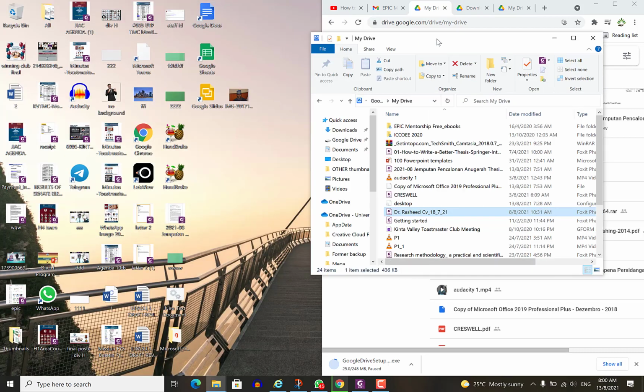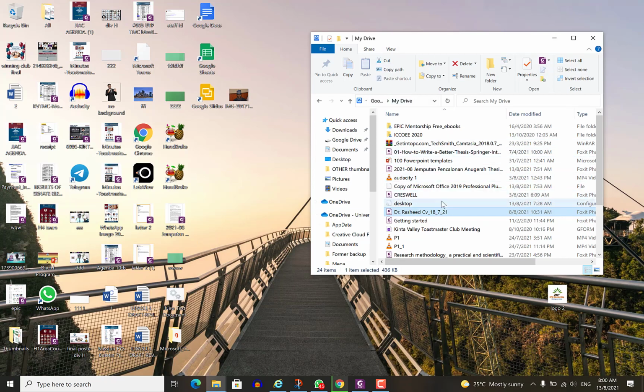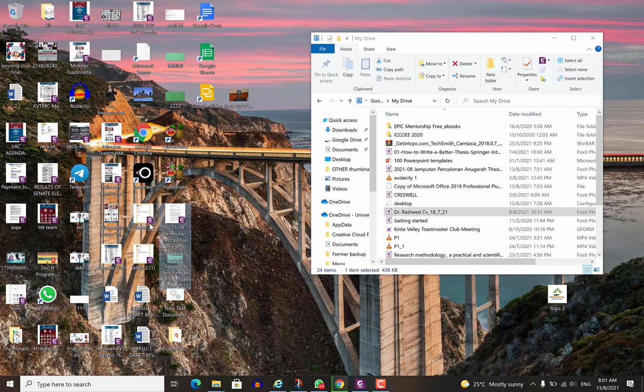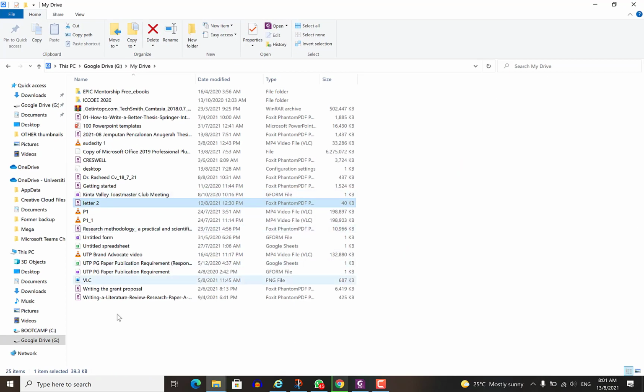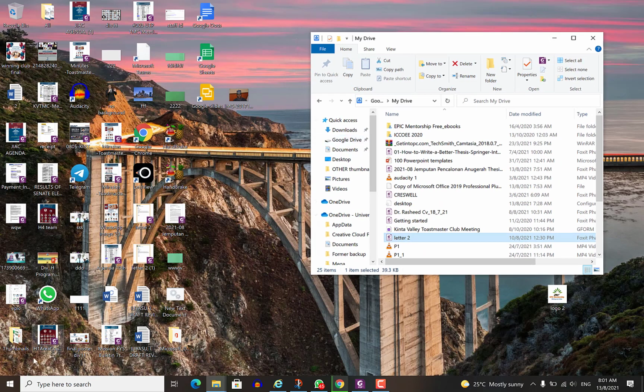And another thing to share now, you can add files without actually dragging and dropping on the cloud. You can add your files on this Google Drive desktop folder. You can just drag this letter and drop it on this drive, and it will automatically synchronize and keep it on the cloud. You don't need to drag and drop on the web page. You can just drag and drop here and it will synchronize automatically once you're online. The same thing goes for folders. You can drag and drop any folder here and it will synchronize it automatically.